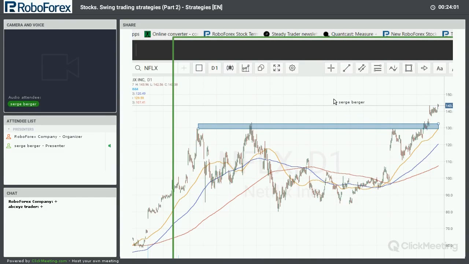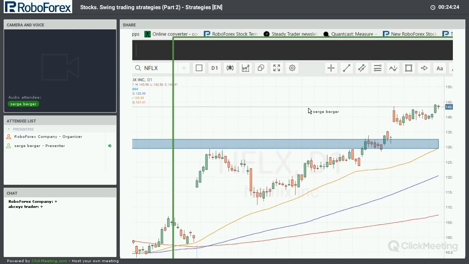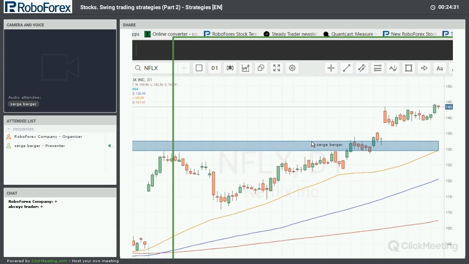We just consolidated, basically. And then what happened, and I'm going to zoom in a little closer, so we consolidated. You can see we didn't do this, right? We just kind of stalled. And then you can see the company had reported earnings, I believe it was on the 19th of January, so that's a few weeks ago. And the stock gapped higher. It's this move here, this empty space you can see from here to here. And as a result,